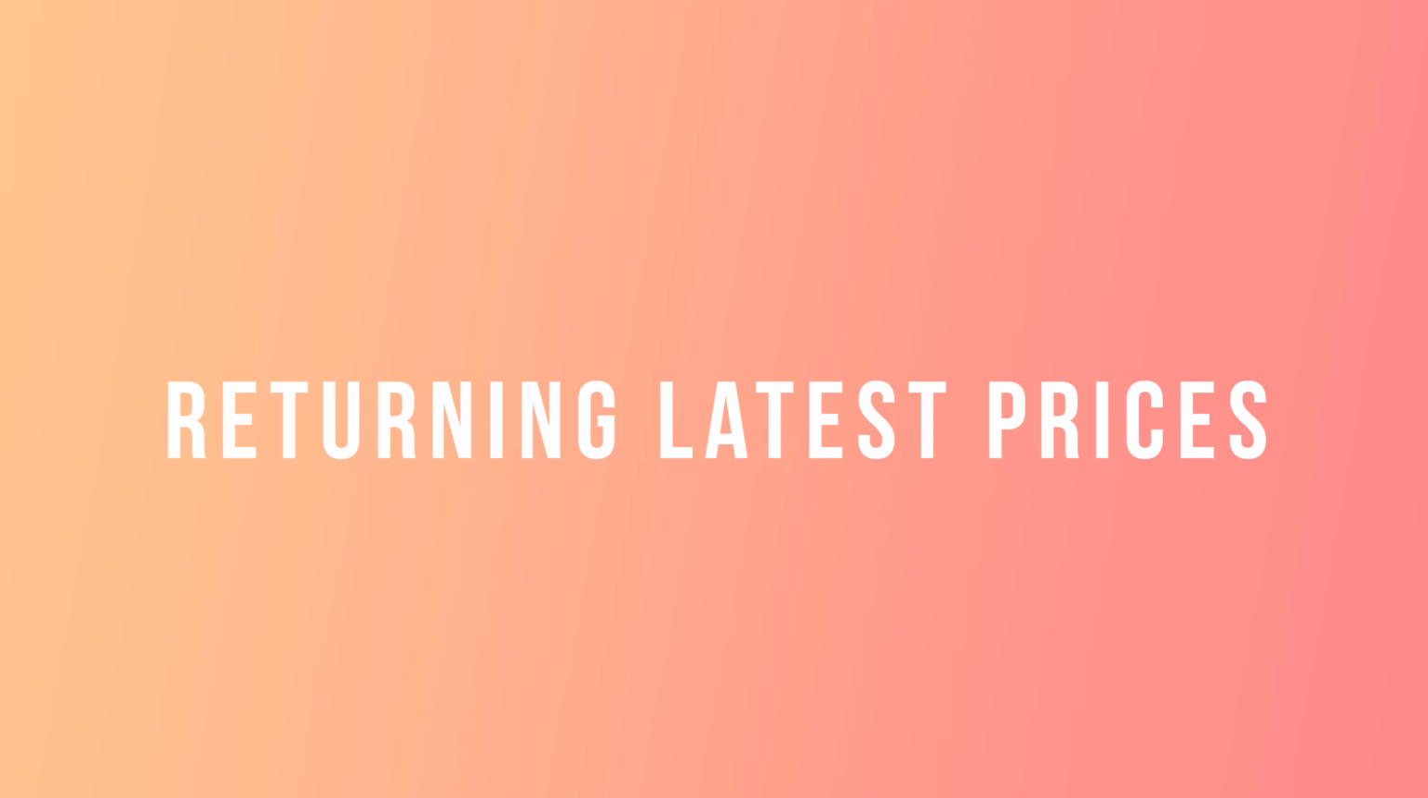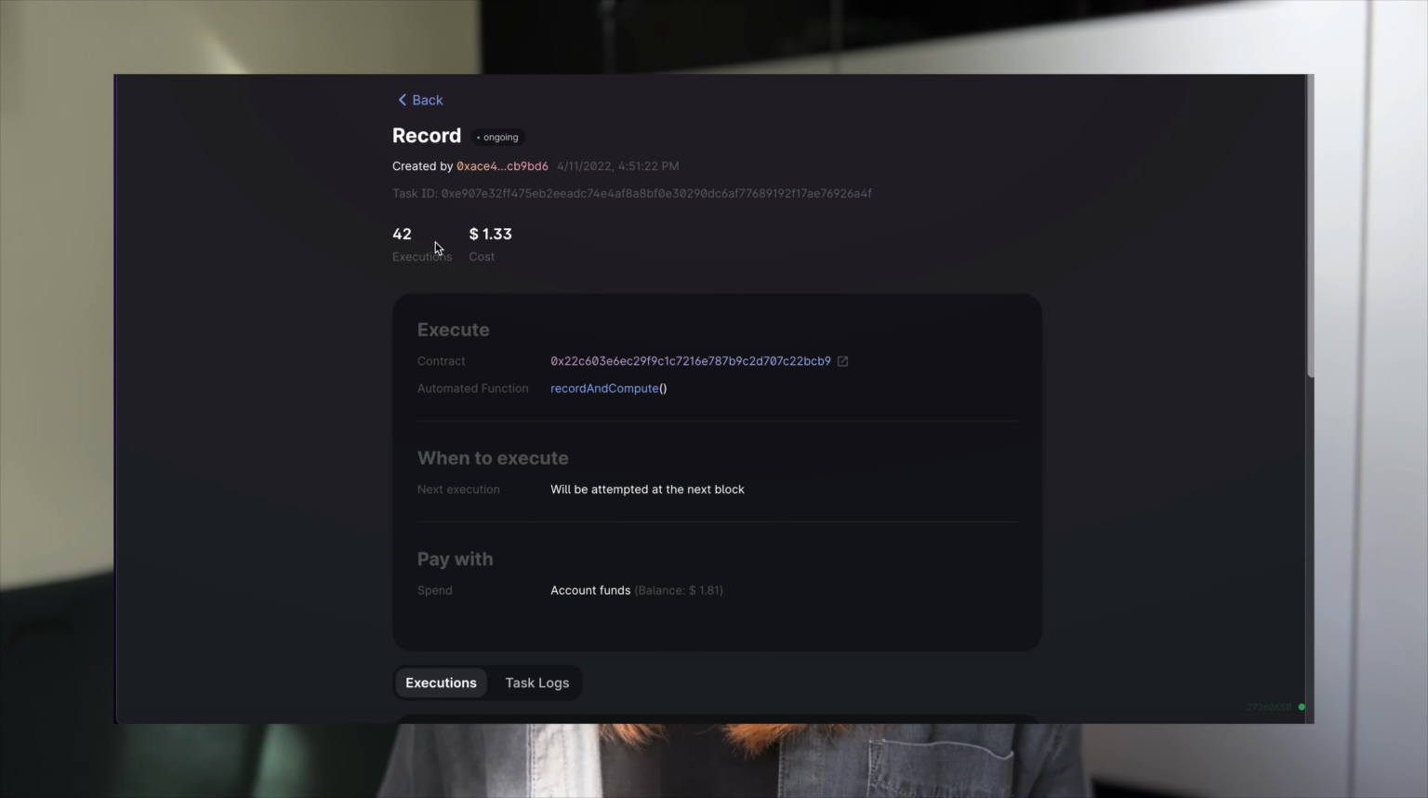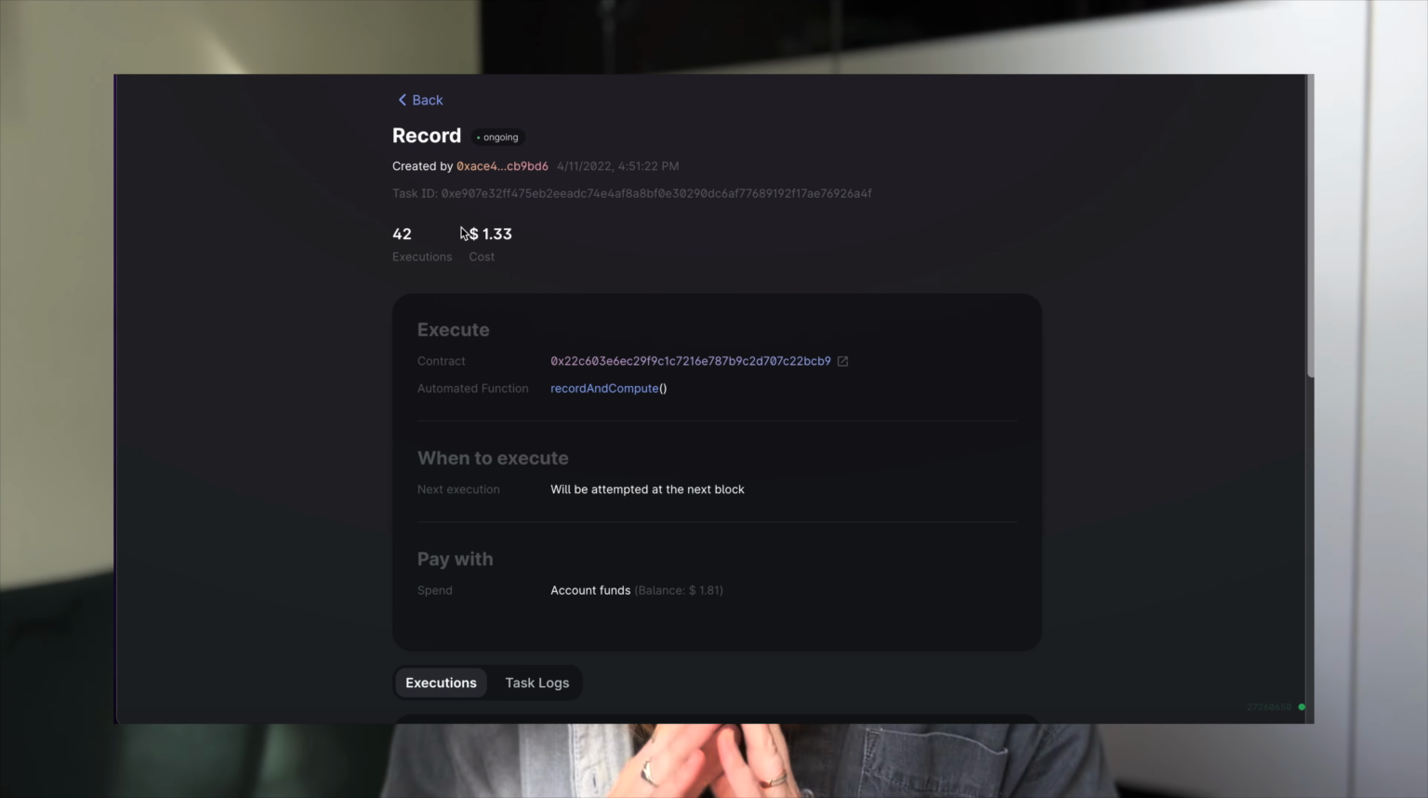So without having a way for this whole chunk to automatically execute on its own, you can imagine that would be pretty annoying. Here's another super handy one, returning latest price data. Price data is something that we might want to be able to get pretty frequently, and it's great because look at this task here. This is on the Polygon network. We can see that it's been executed 42 times and it's only cost them